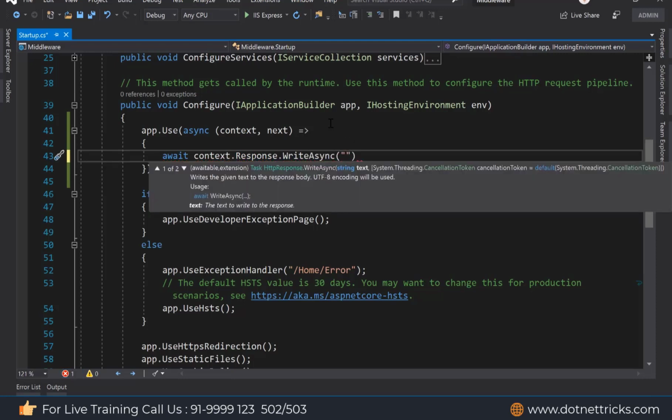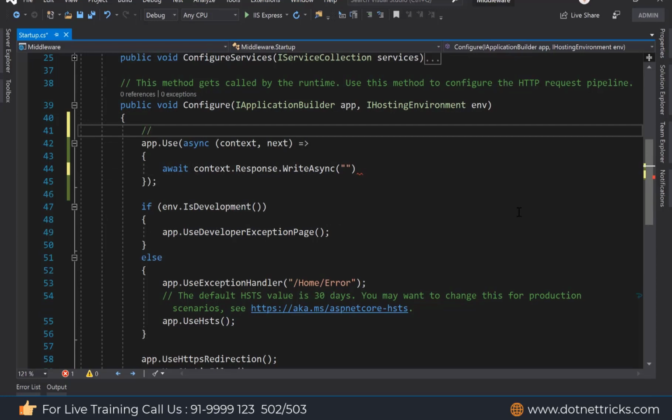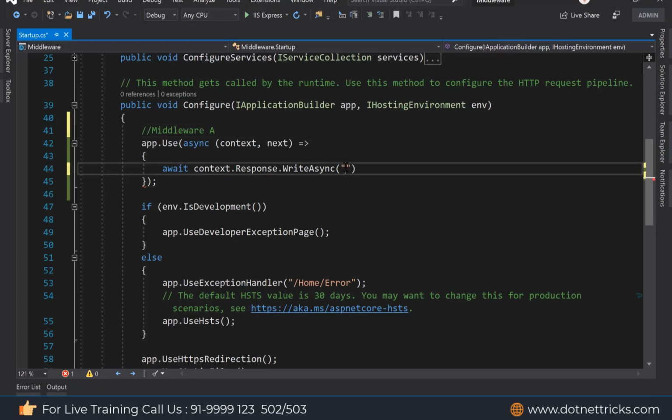Let's say I'm giving this middleware the name A middleware. Here I'm defining "A middleware before", let's say "middleware A before", because the middleware is called two times: before processing the request and before processing the response.